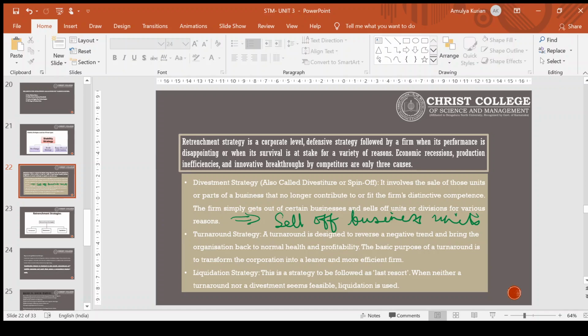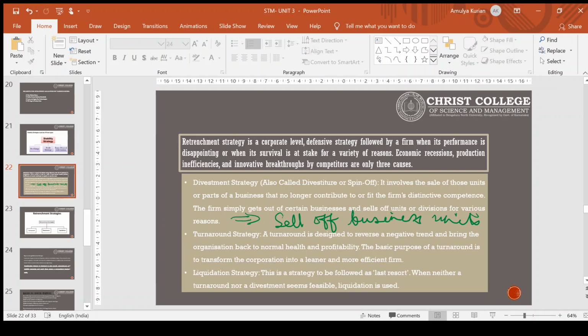Second one is turnaround strategy. A turnaround strategy is one where you will be eliminating unprofitable outputs, cutting down the assets, reducing the size of the workforce, and rethinking the firm's product lines and customer groups. So that is turnaround strategy. It is designed to reverse a negative trend and bring the organization back to normal health and profitability. Basically, it is to transform the organization into a leaner and more efficient firm. Here, you are reducing your workforce or whatever is internal which can be changed, and you are coming up with a more competent